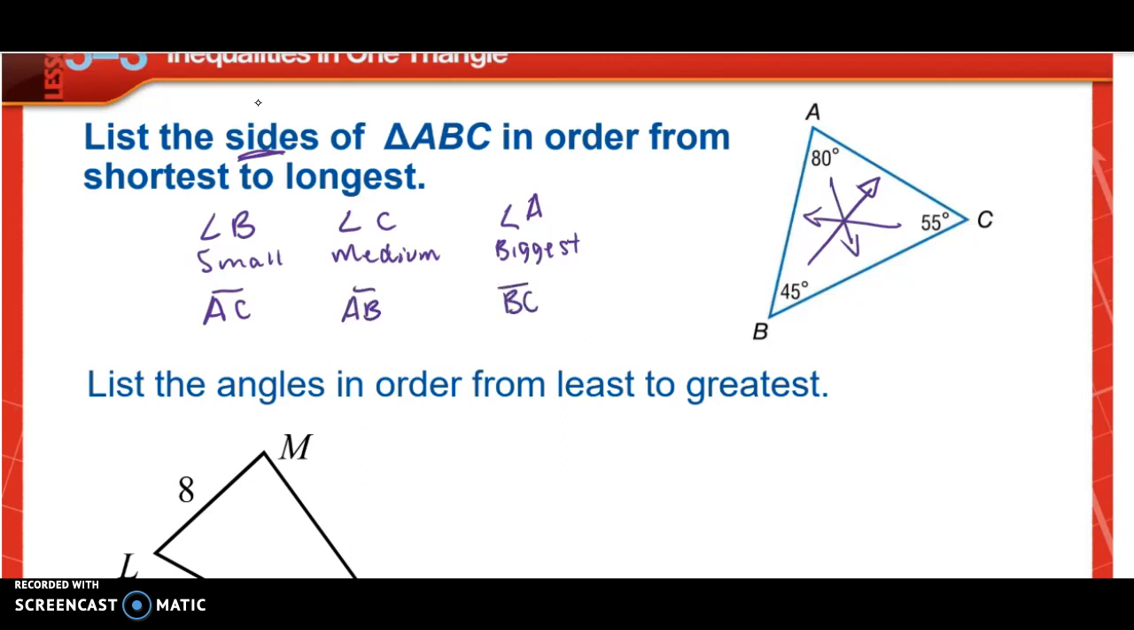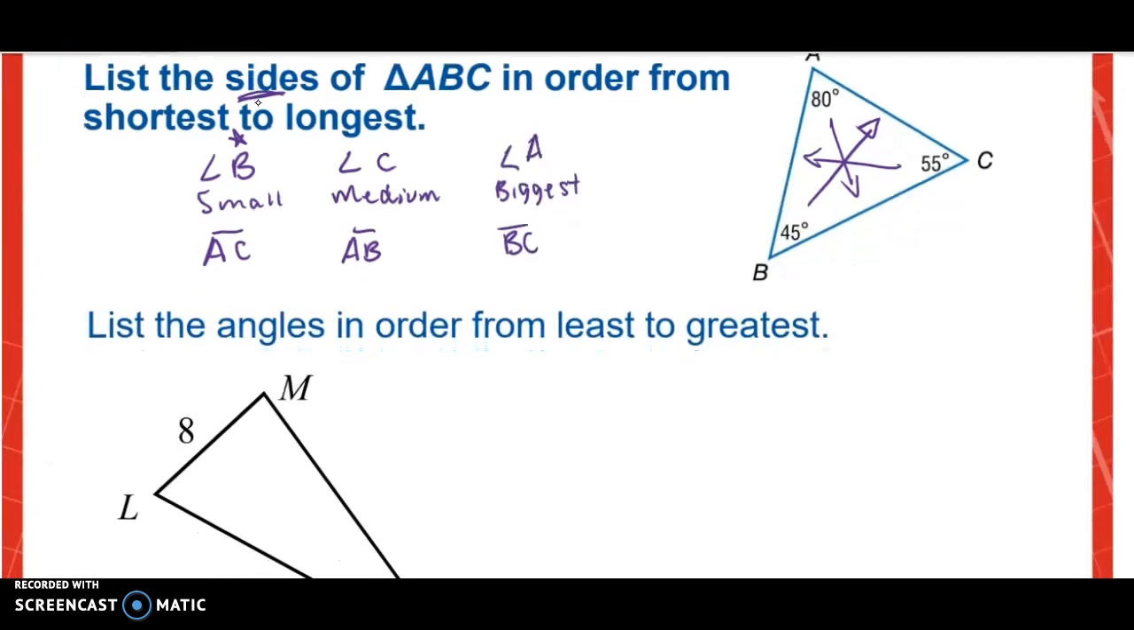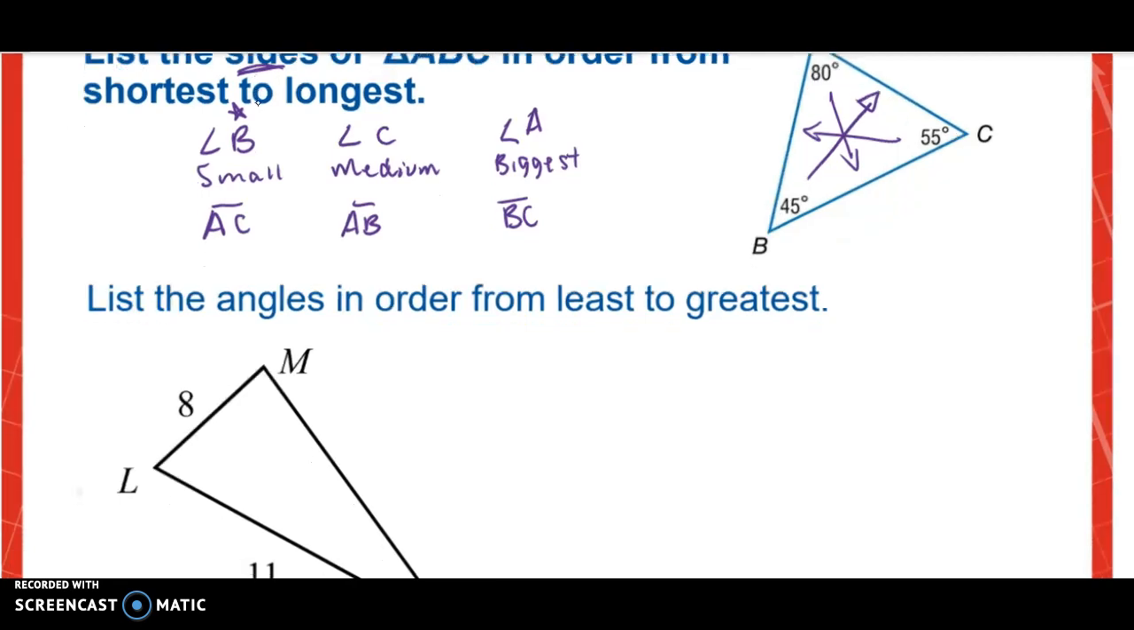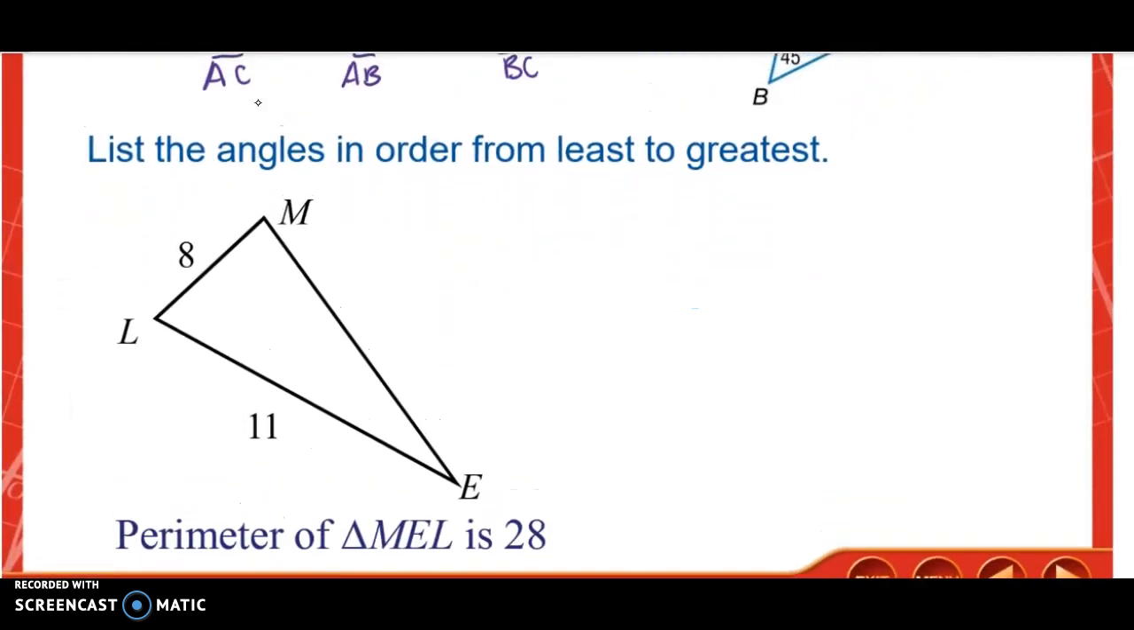Now, if you're observing this, the smallest angle is the letter B, right? And the other two vertices, A and C, make the smallest side. So you can kind of tell because the side is made of the letters that were not used for the angle. Okay, so if we're going to do the same thing for this one, listing the angles from least